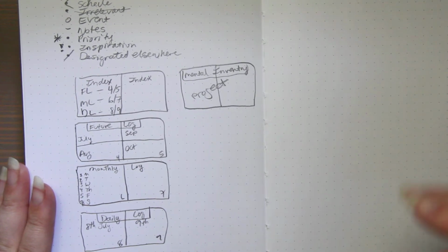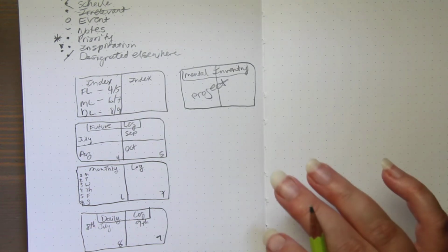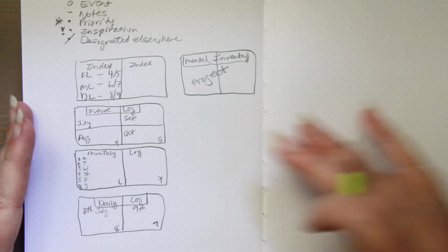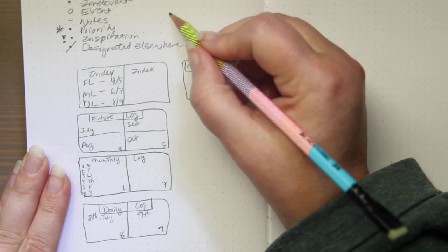And Google Books actually has a pretty good 30-page preview, the first 30 pages of this book if you want to look at it. But you can also go on his webpage, bulletjournal.com,